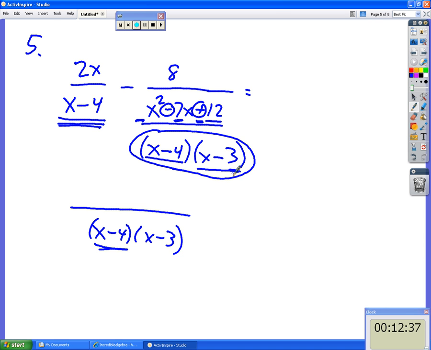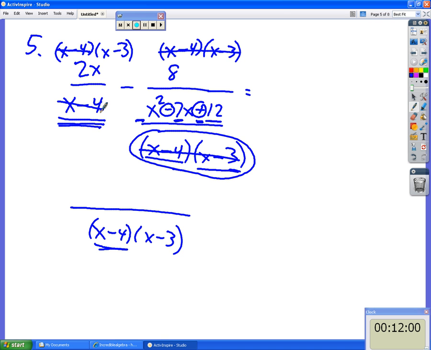The x minus 4s are the same denominator, so I only have one of each, so I only need one in my common denominator. Take the common denominator, x minus 4 times x minus 3, put it on top of the first fraction, also put it on top of the second fraction, and cancel. What cancels? Well, this x minus 4 and x minus 3 cancel with x minus 4 and x minus 3. They're all gone. On the left side, the x minus 4 on top cancels with the x minus 4 on the bottom. So we now have